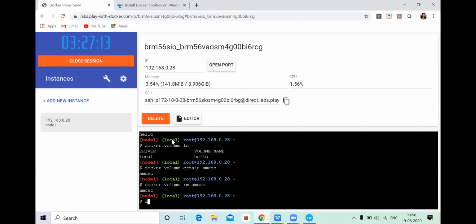If you want to remove multiple volumes at a time, you have to use docker volume rm. I'll just show you the command here, but we are going to get an error in this. Why? Because we have not created the volume. I just want to show you the command. We are going to write docker volume rm -f space.